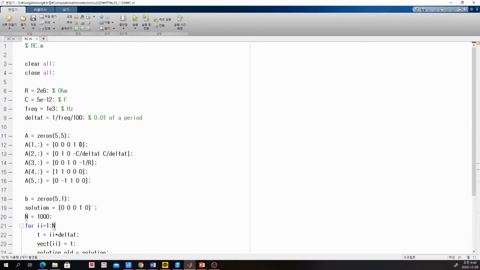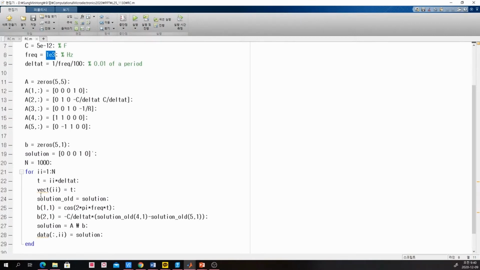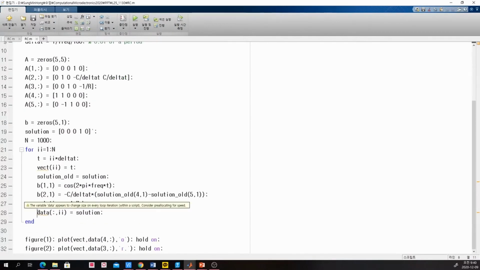Now you are looking at the typed RC.m. Here I have set R and C values and frequency. Frequency here we have 1 kilohertz, so 10 to the 3 hertz, and the system matrix, and you can find everything as before. And here I just store my solution into a global solution, or history of all our simulation results,